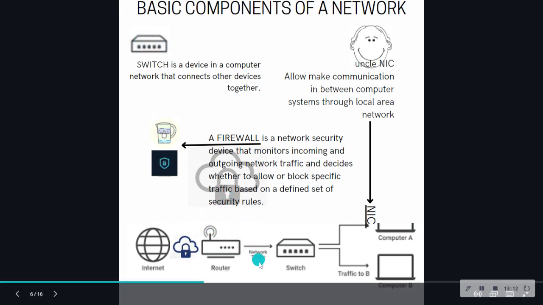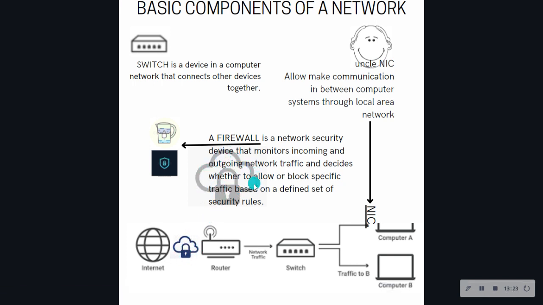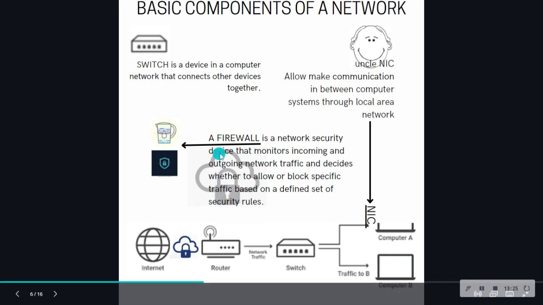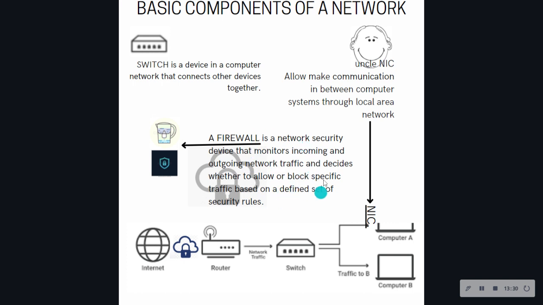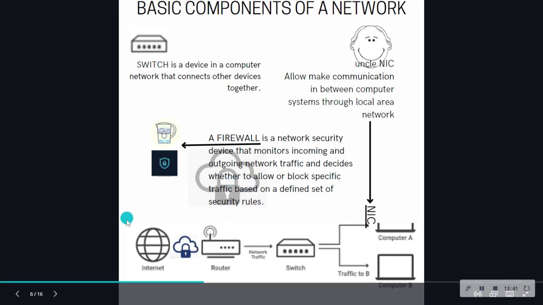Okay, then you've got your router. We've already spoken about the router in the previous slide. And then you will see there's a little cloud with a lock, and there's a background watermark over there as well. Referring to that is then the firewall of the network, which is basically the network police. Okay, so it's going to control the traffic. So it's going to decide whether it's going to allow or block traffic based on a certain defined set of